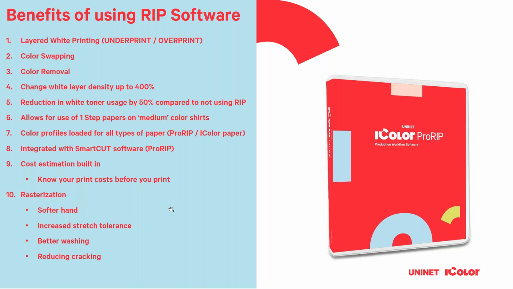If not, then you can apply rasterization, which may apply uniform lines or uniform dots into your image to kind of break things up and allow it to wash and stretch better. And that's really the main thing for rasterization. You can do that in Photoshop if you're good at it by rasterizing certain elements, but the RIP will do kind of a uniform situation. You can also apply transparency effects if you're designing your graphic in Photoshop. The RIP will see partial transparency and convert that to a raster depending on how much percentage you've applied to your partial transparency.